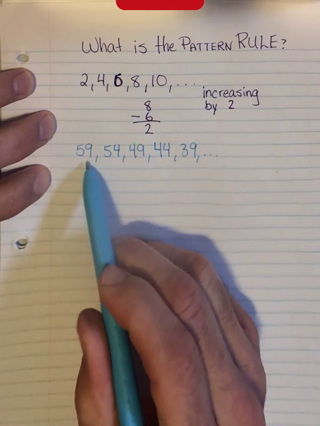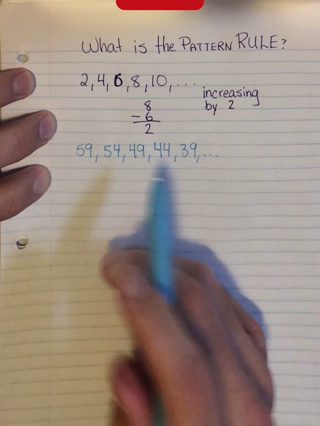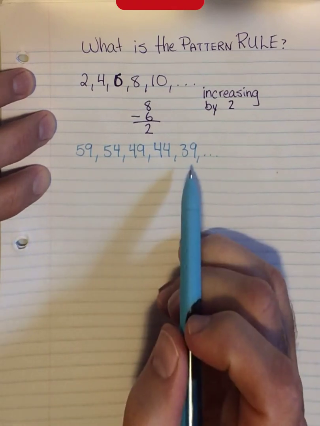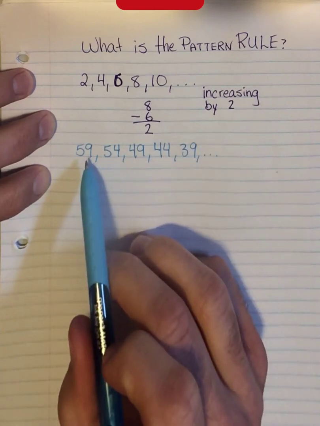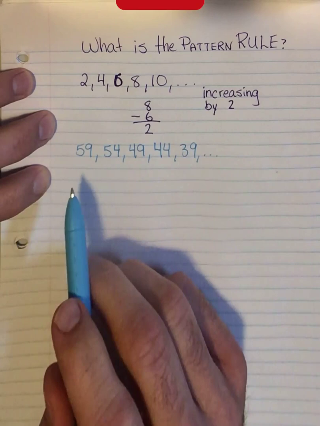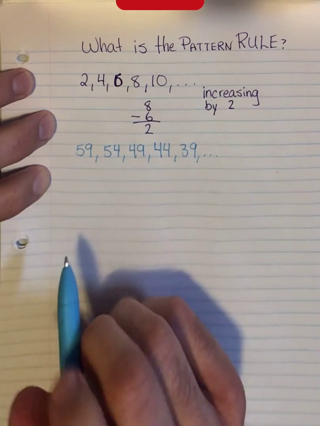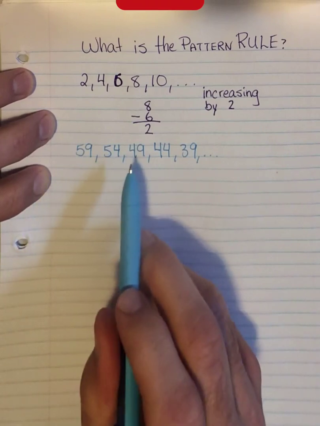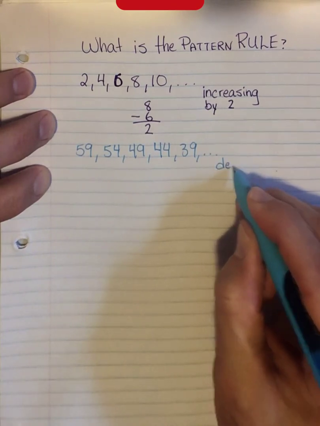so I have 59, 54, 49, 44, 39. Now, this pattern is repeating, just like this one was kind of repeating as well. You'll notice 9, 4, 9, 4, 9, 4. All right. What is the pattern rule? Is it increasing or decreasing? So let's see here. 59 to 54 to 49. It's going down. So this is a decreasing